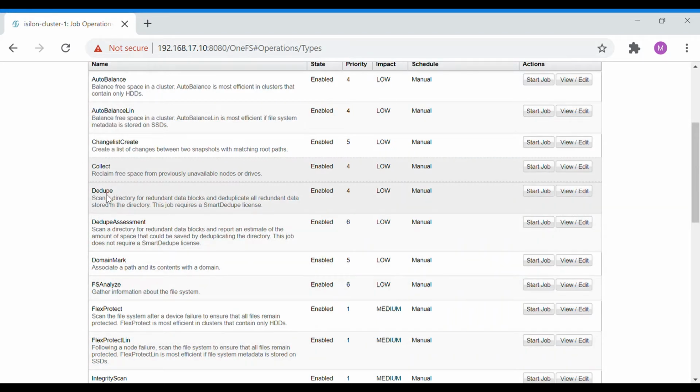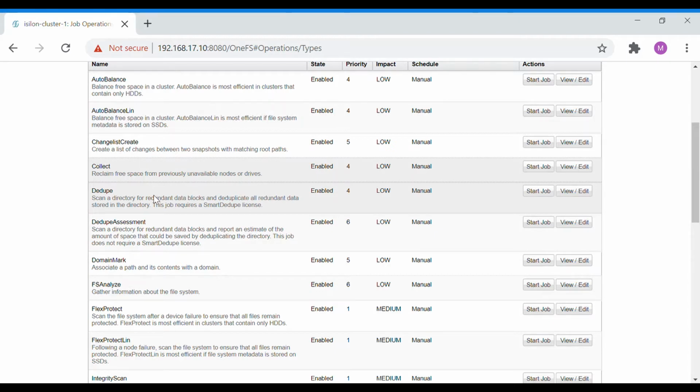Then coming down, we have the dedupe job. We saw this in the deduplication session. The dedupe will start as a full run. So this will find the redundant data blocks and deduplicate all the redundant data blocks into one particular directory. Also this particular job requires a SmartDedupe license.